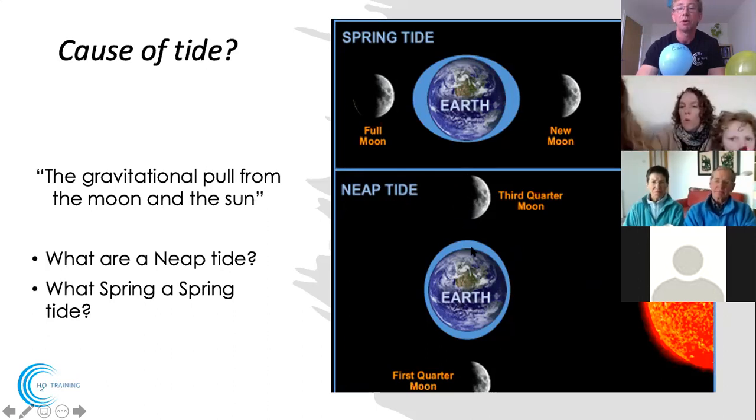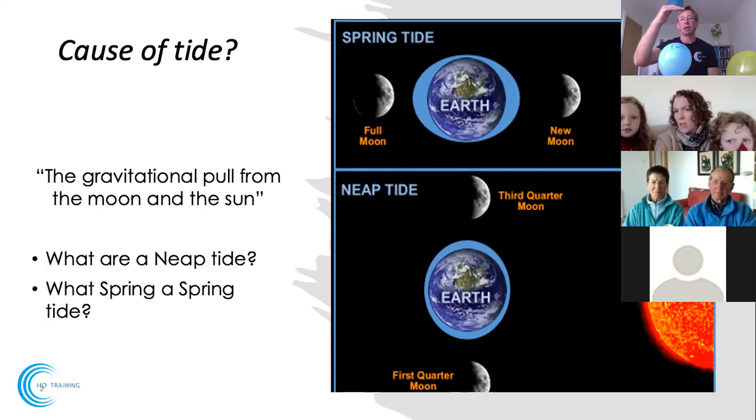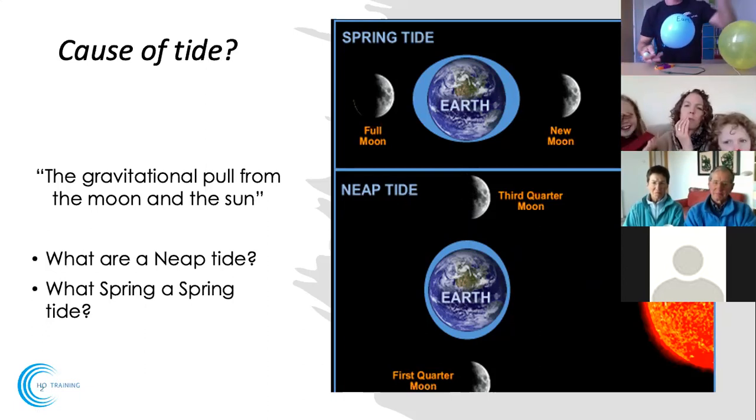So now we have the moon pulling the water up this way, and the sun is pulling it out this way. So the tide doesn't come up as much and it doesn't go out as much. And our month, our calendar is all based around this principle. So let's see if I can set this up.